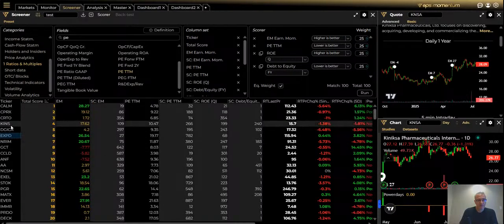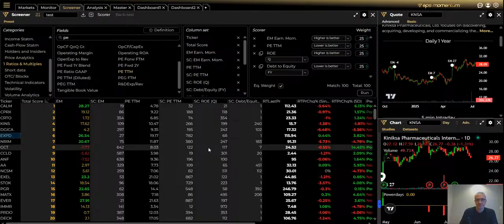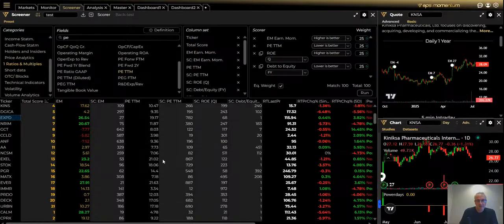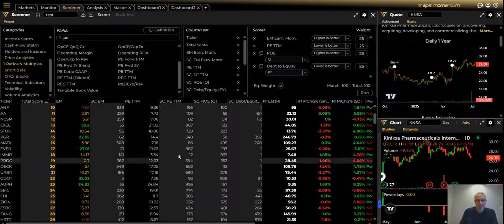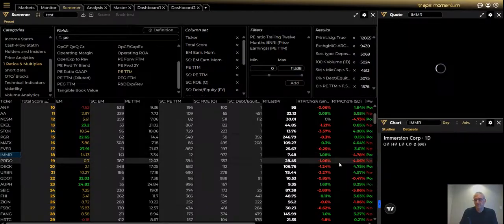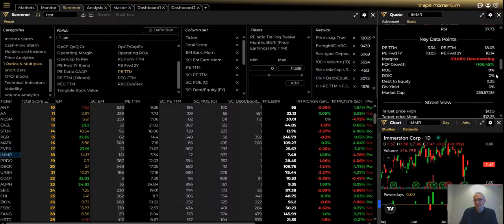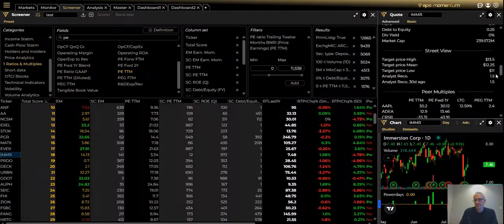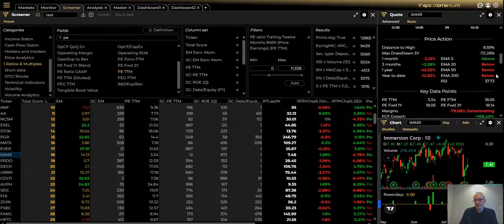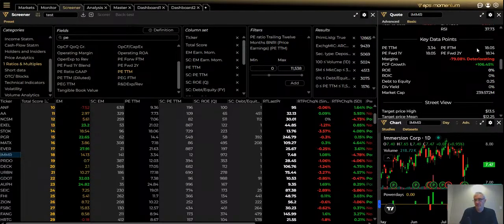We've weeded out guys that don't have great PE, that have negative PE actually. And what do we get? There you go, 12. This one's number 12, IMMR. Let's see the PE. Yeah, so we get 3.34. There's very little debt to equity, and